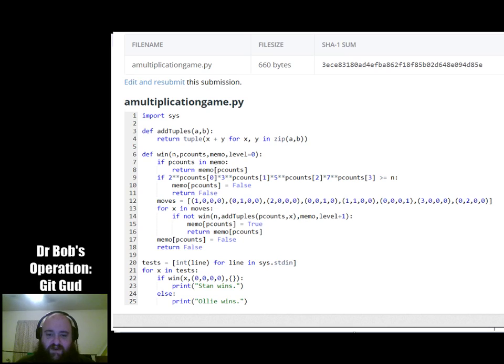And I go through every one of those tuples, and I check to see if there is a losing position. So if not win with n, and then I call add tuples. What that does is it goes through and element-wise adds the values together and returns a tuple with those values in it. It's basically like vector addition.